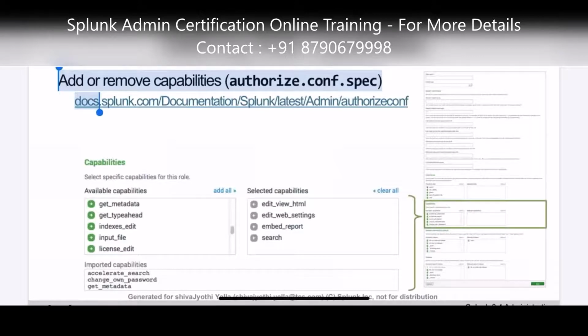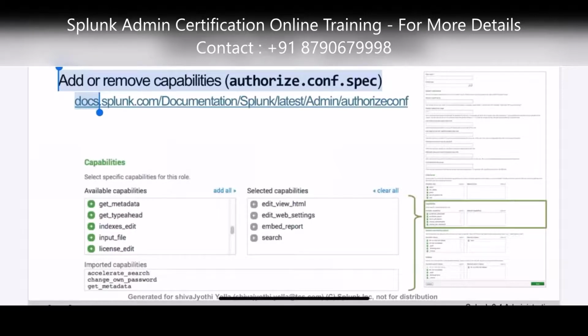Initially we added inherited roles, but now in capabilities, for example, a user wants to view only some database application. He has to create some connection in the database application. We know only admins have privileges to work on each and every app in Splunk. But now I want to provide that specific Splunk DB Connect app and the specific capability of creating a connection to a specific user.